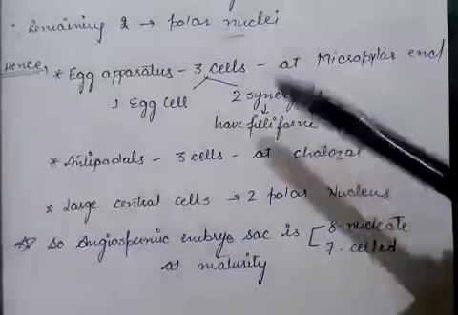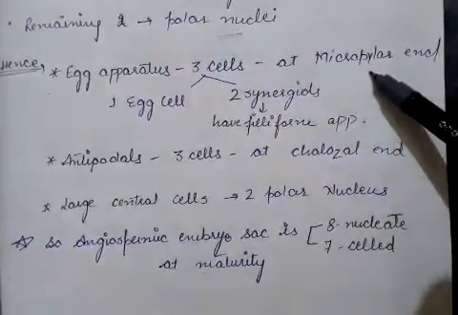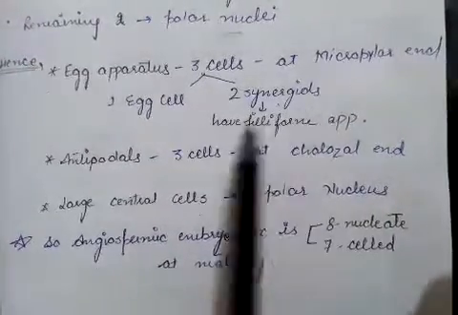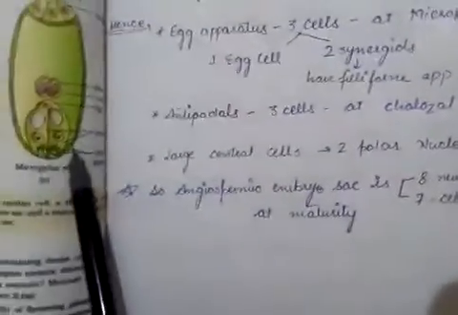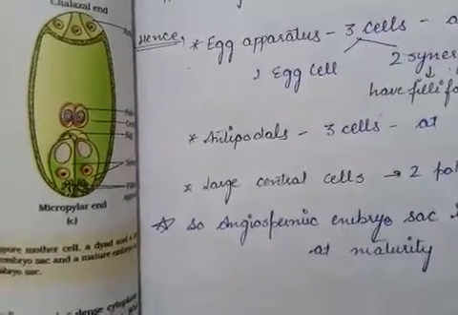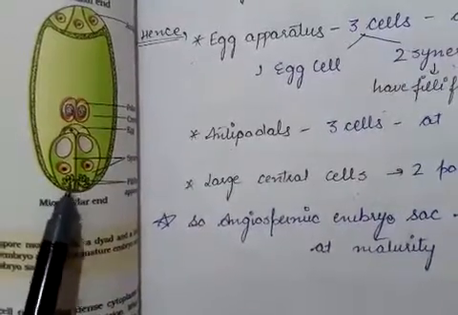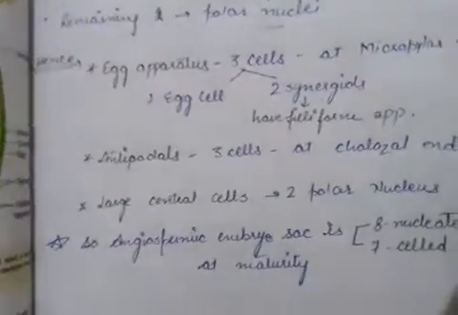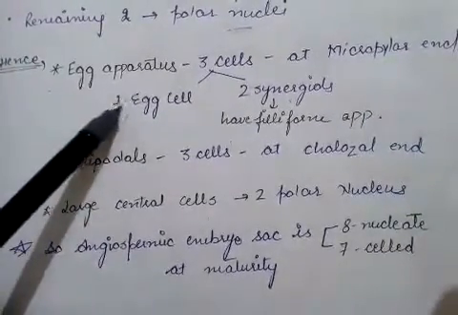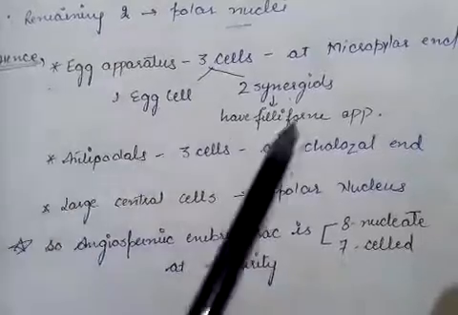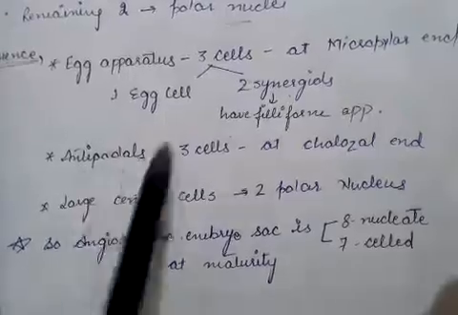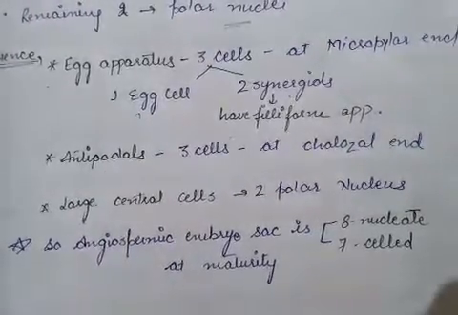Egg apparatus comprises 3 cells which are present at the micropylar end. Of these 3 cells, one is the egg cell and 2 are synergids. Synergids are cells which have a filiform apparatus, a kind of thickening present on the surface or the basal part of the synergids. We should be very familiar with this. As you know, the male gamete will mate with the egg cell. So the synergids provide the path so that the pollen tube can move toward the egg cell